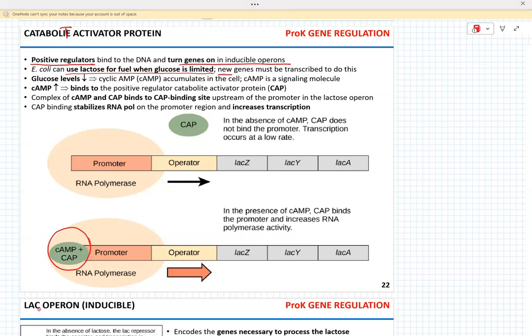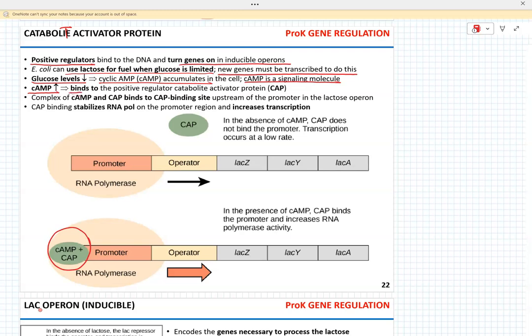However, to do this, genes must be transcribed. Now, how does catabolite activator protein assist cells with that? When glucose levels in the environment drop, it results in the accumulation of cyclic AMP within the cell. Cyclic AMP is a special type of signaling molecule. When cyclic AMP levels go up,